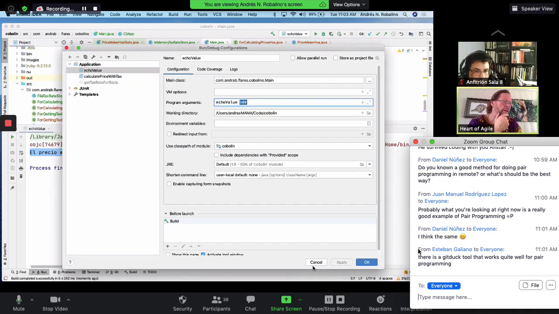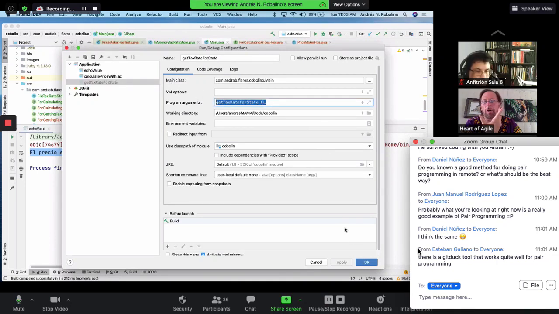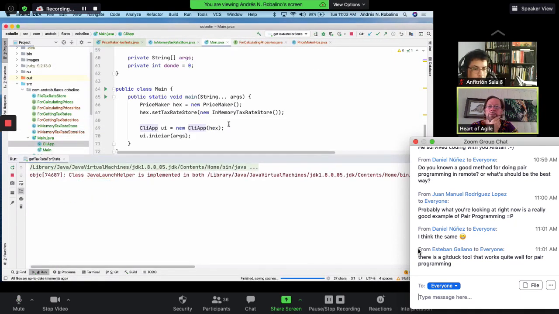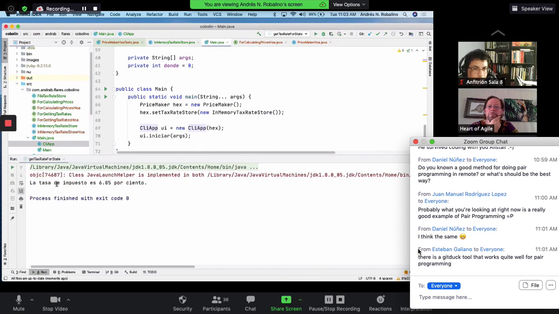Let's do the next one. Can we do get tax rate for state? For Florida, yeah. We only have Florida, so let's be good citizens about it. Right, let's run it. La tasa de impuesto es 6.85%. Right, and for the viewers, that's because